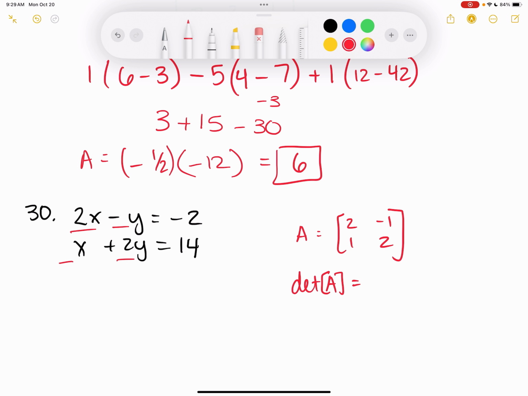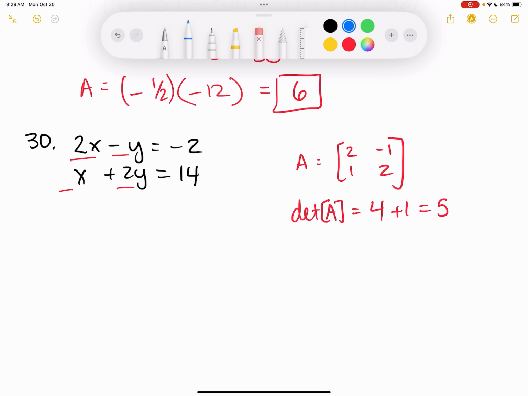Or how would I find it? Yep. So 2 and 2 is 4, and then minus a -1, so +1 is 5. So that's going to be the denominator in Cramer's rule. Okay. So to find x,